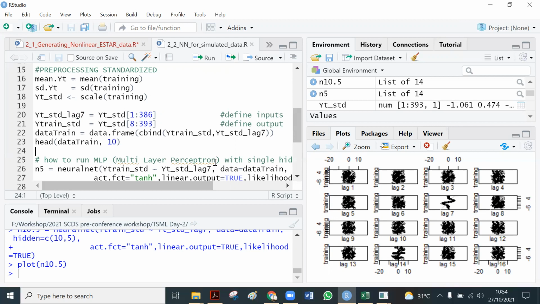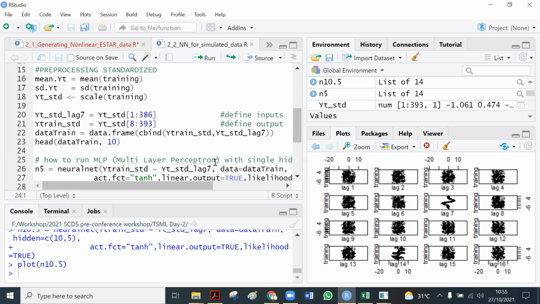But for the autoregressive model, we use the partial autocorrelation function. So let's say if we want to consider both the autoregressive term and also the moving average term.